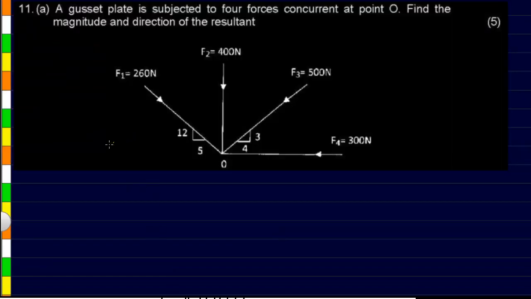If you want to try this problem yourself, you can pause the video and try to solve it yourself, and those who are unable to get can continue watching it. So let us see what the problem is like.